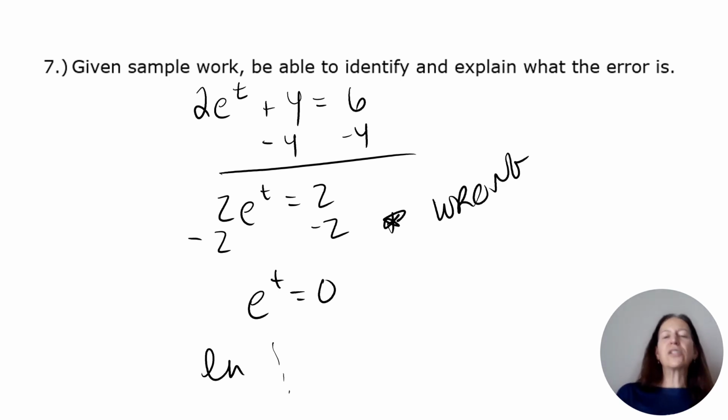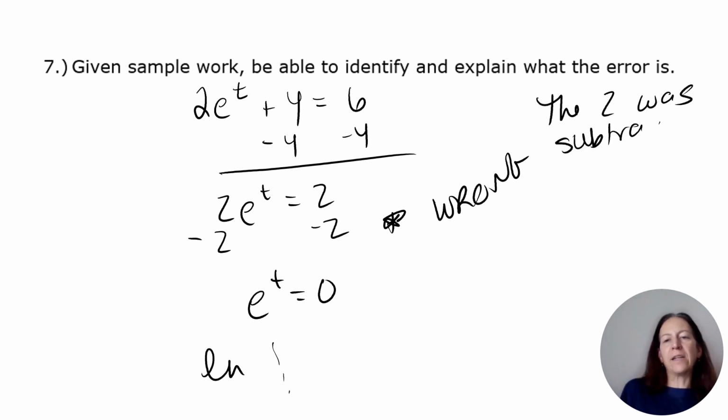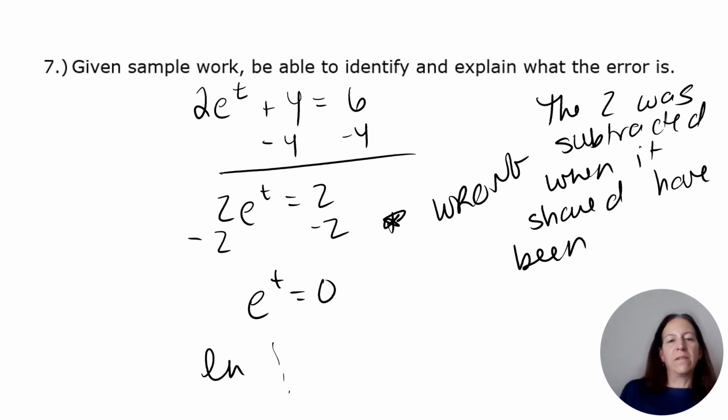Okay, and so a couple of things you can do. You are going to have to explain what's wrong, and so in this case, you might say something like, the 2 was subtracted when it should have been divided. Okay. That would work. You can also highlight. That's not the same as explaining it, but it might help your